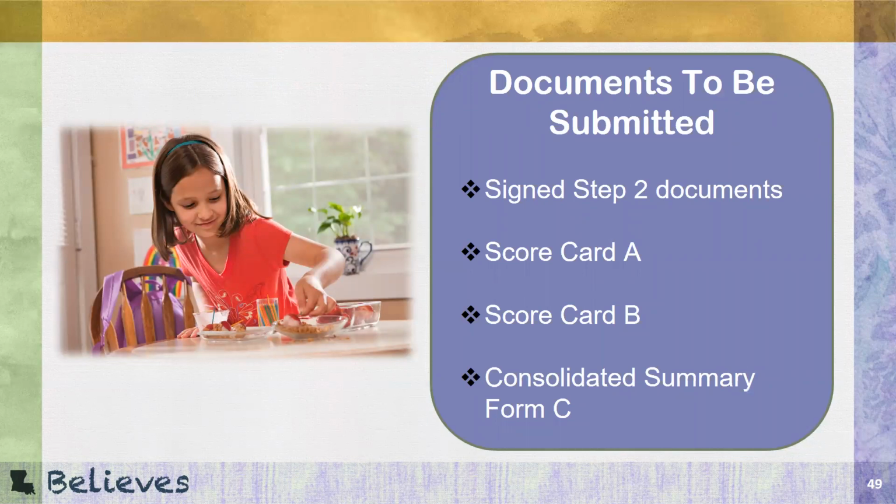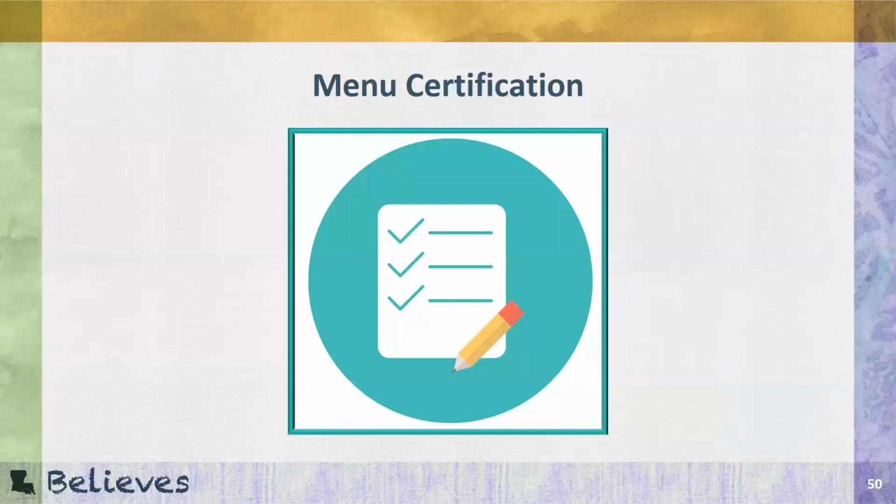The documents that you need to submit to the state agency include the signed Step 2 documents, the completed scorecard A, completed scorecard B, and the consolidated form C. Also,